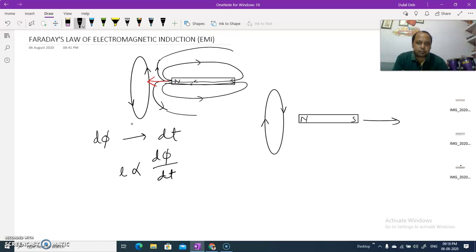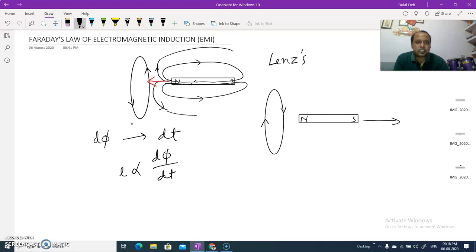If the relative motion between them is less, the induced EMF produced will be less. If the relative change in motion or the change in flux is more, then the induced EMF will be more. Now, another important point that you need to understand here, which was actually given by Lenz,